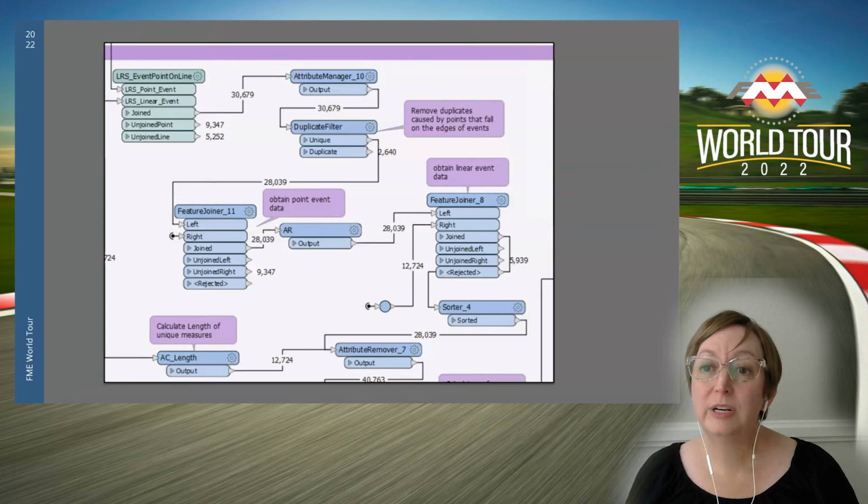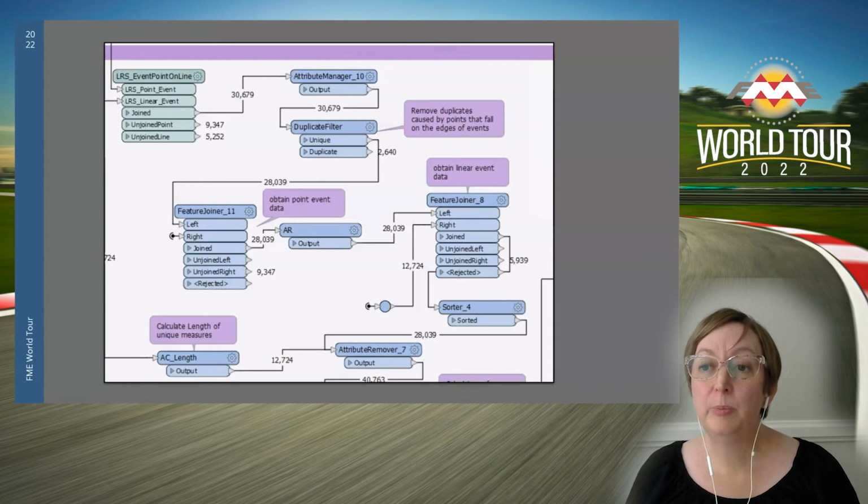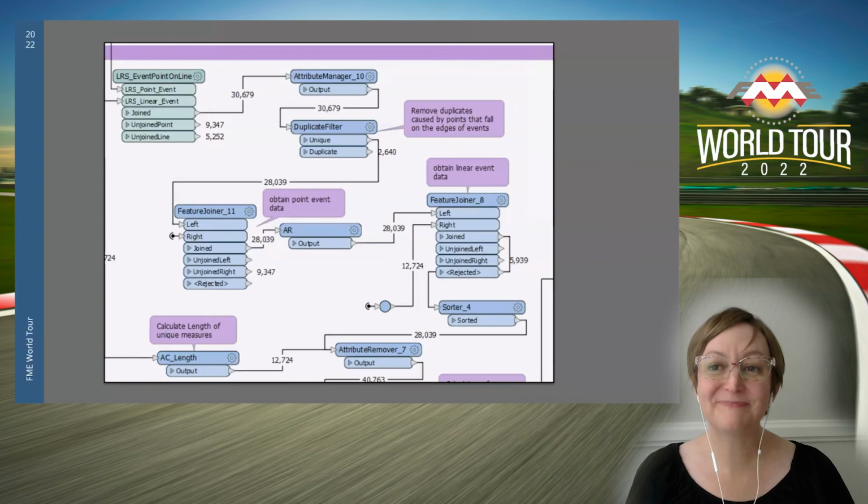Finally, all point streams are combined and the point stream goes to an Event Point Online overlayer, where the point stream is overlaid with the linear full coverage event output of the single stream overlay process. The output of this part of the process is event point format with a measure and a length value. We use a quick SQL script to obtain milepost and offset attribution and a bit of attribute cleanup, such as deleting duplicate spaces caused by field concatenation. Now we have a detail log where every important asset on ADOT routes is marked with a point.